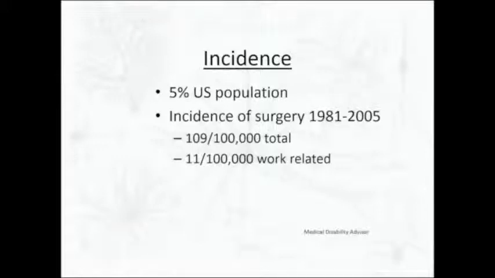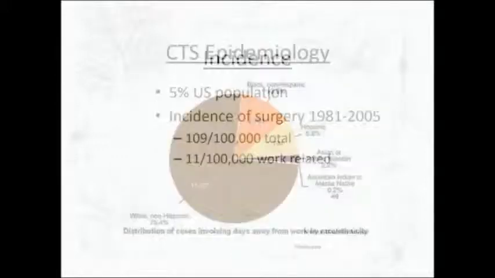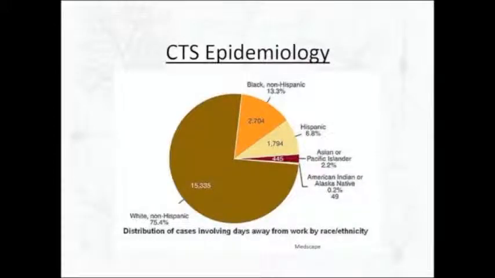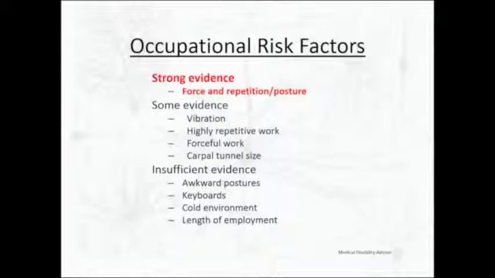So it's a minority were felt to be work-related. This is just distribution showing the epidemiology. It's present in all of the racial ethnic groups, probably not too far off the local population based on